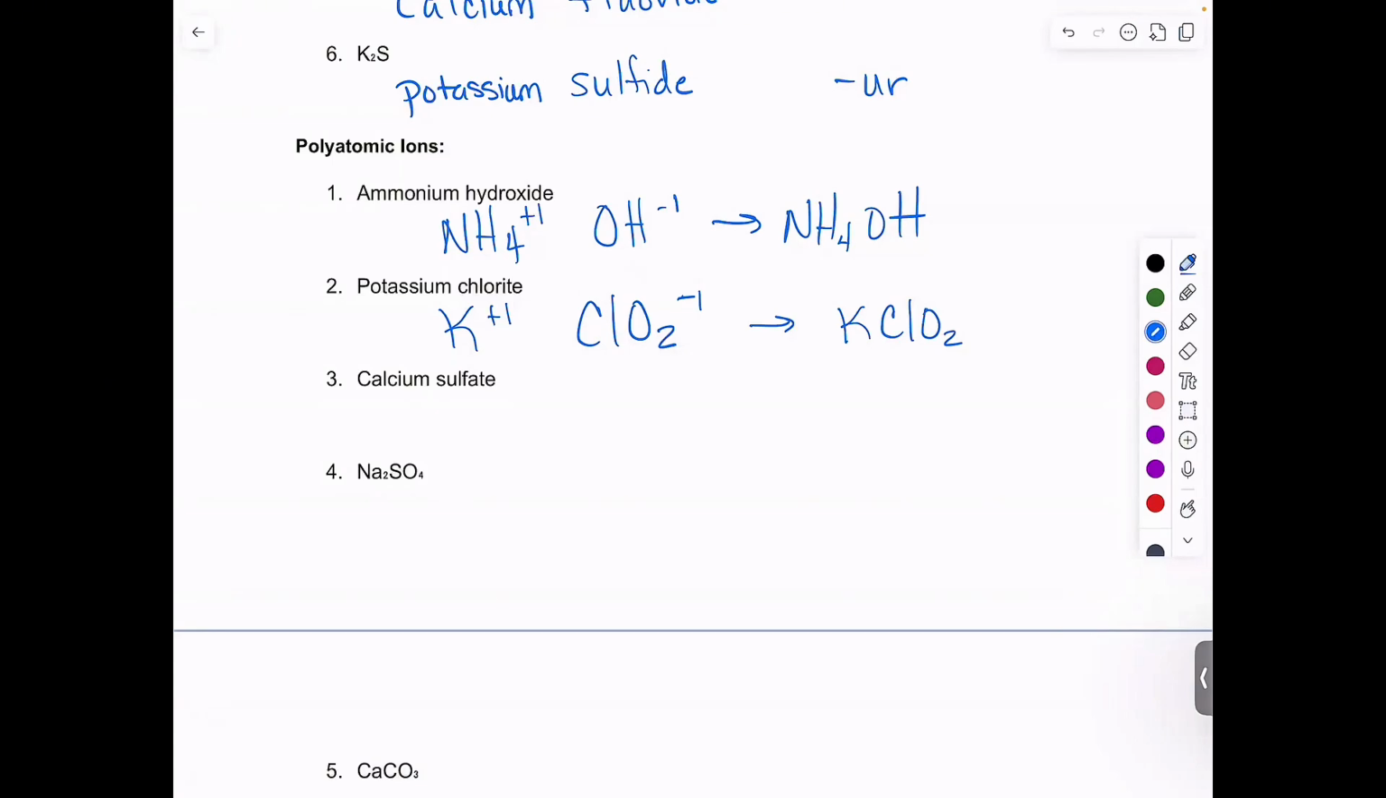Calcium, group 2. Sulfate we know is 2 minus, right? And so that's balanced as well. I should probably do one that's not balanced, charge-wise. So I'm going to write this up here. What if I had, I'm just going to change this over to, if we were to do